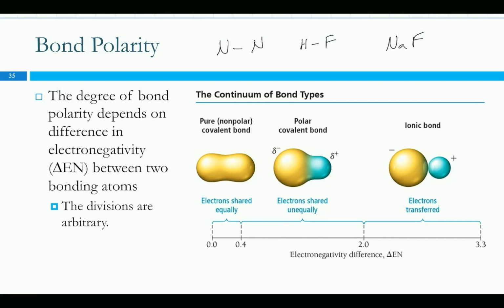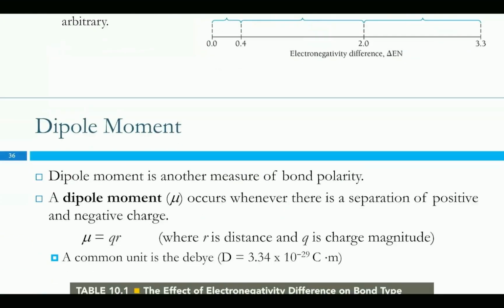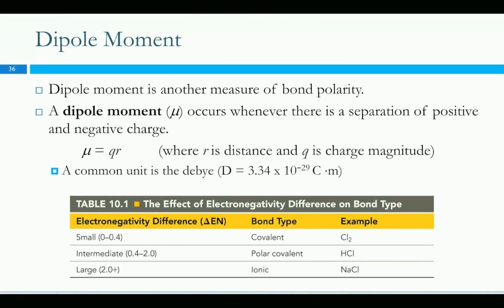They're not even being shared at all. Sodium loses one, fluorine gains one. And so this scale down here is more of a rule of thumb than it is an absolute,